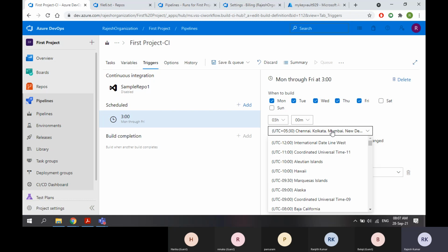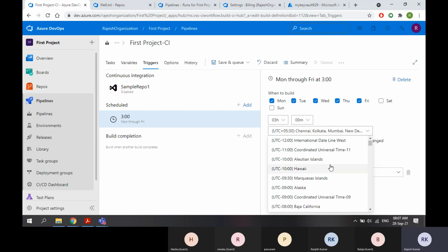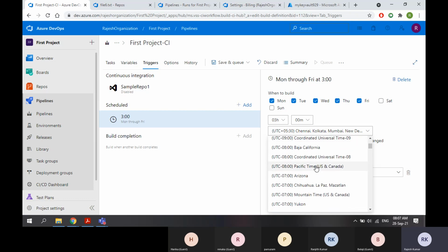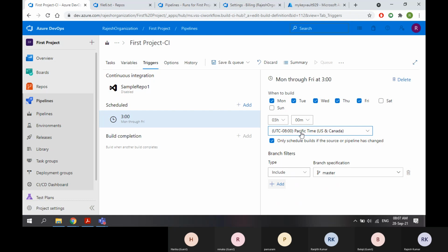As a DevOps engineer, you may be working from India, but your developers may be working from America. So when they ask you, Rajesh, please schedule this build every day at 8 p.m., you need to select their location. If they are from the US, first you need to select the US time zone, then 8 p.m.